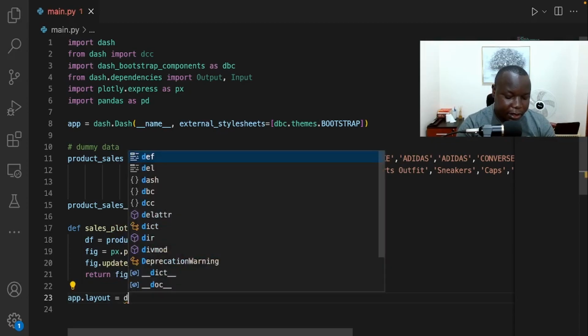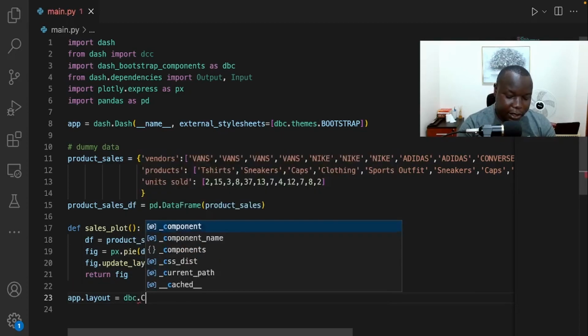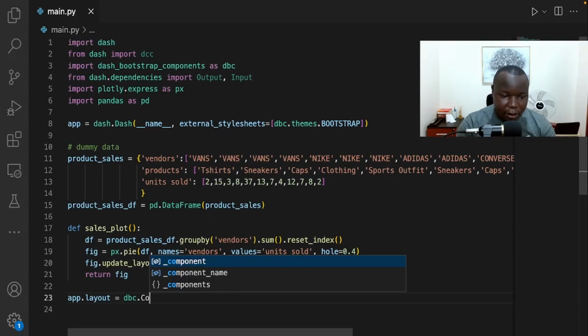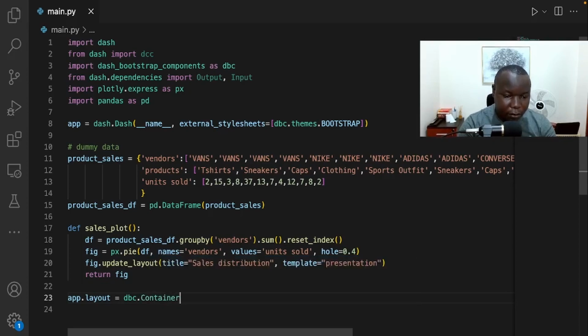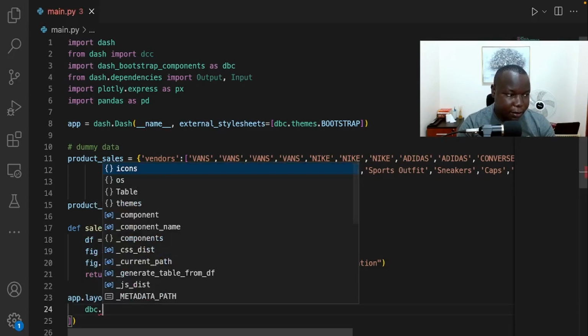So it will be dash bootstrap component dbc dot container. So it's going to be container, and in this container, the first thing will be a card. So dbc dot card,